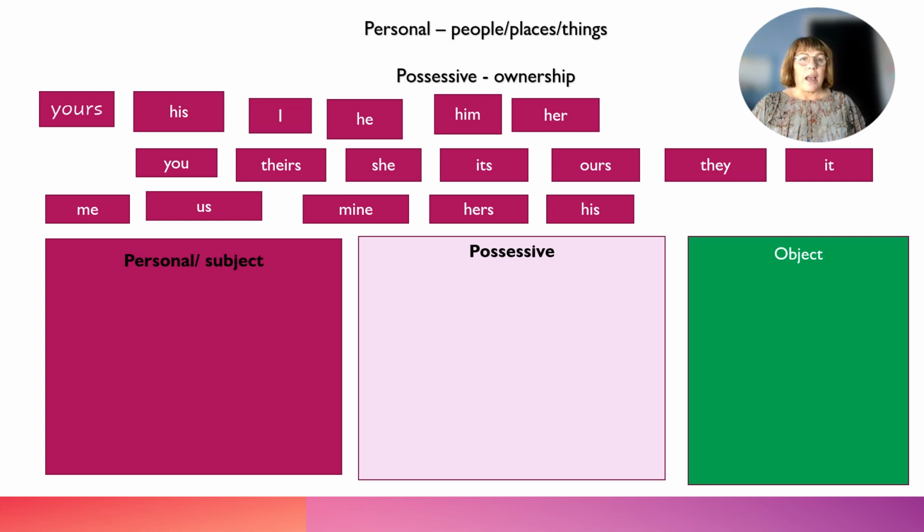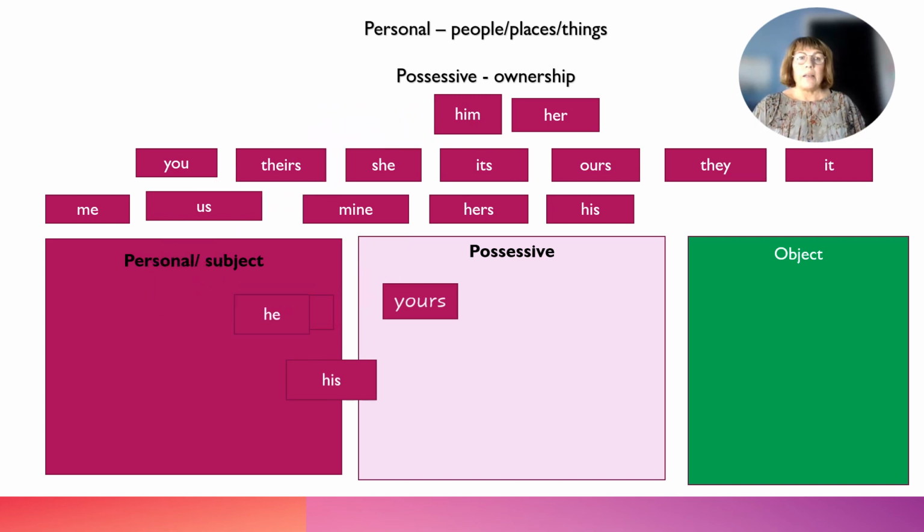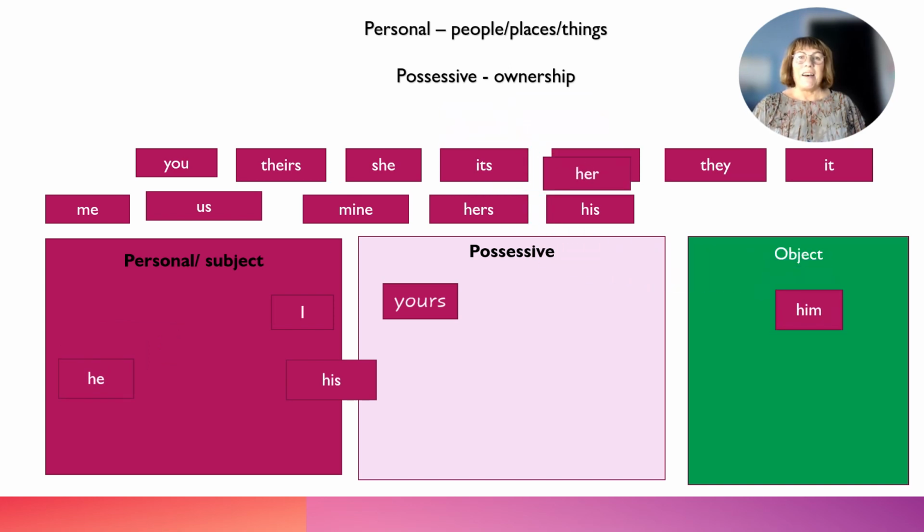And can you actually work out which box these pronouns should go into? Because these are the pronouns that we use when we're thinking about ownership. So yours is possessive. His can be used as a personal pronoun or a possessive pronoun. I is personal subject pronoun. He, yes, you've got it now. Him, yes. Her, good. You,